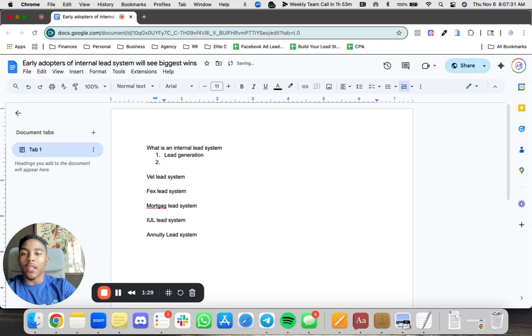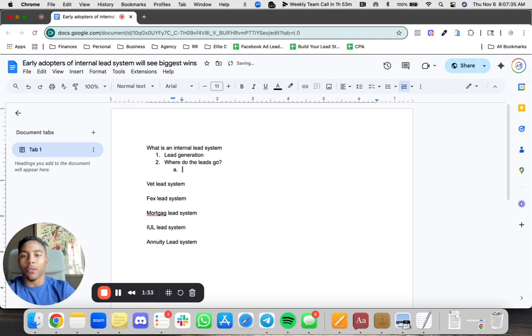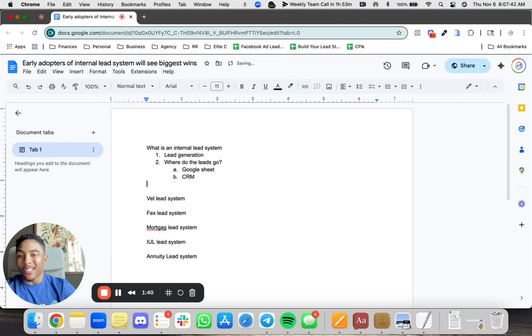The second thing is, where do the leads go? So a lot of people think like, okay, cool, well, I can just take them to, like, a Google Sheet. That's totally fine. Yeah, CRM, right? Those are really only two places, truthfully, that we've ever seen. And then the last step, after you figure out where the leads go, is like,